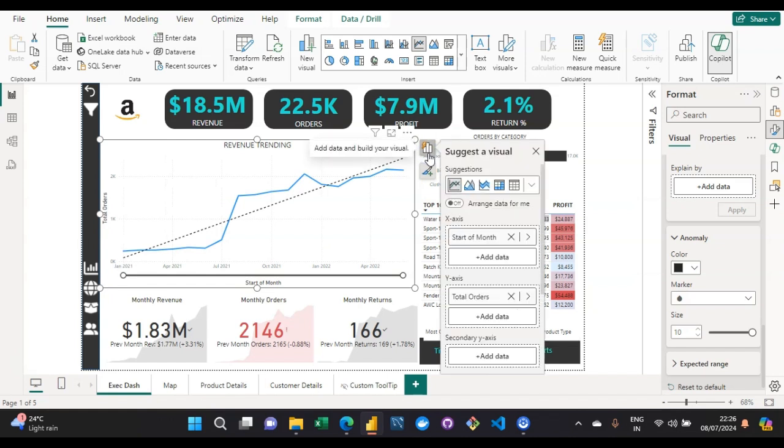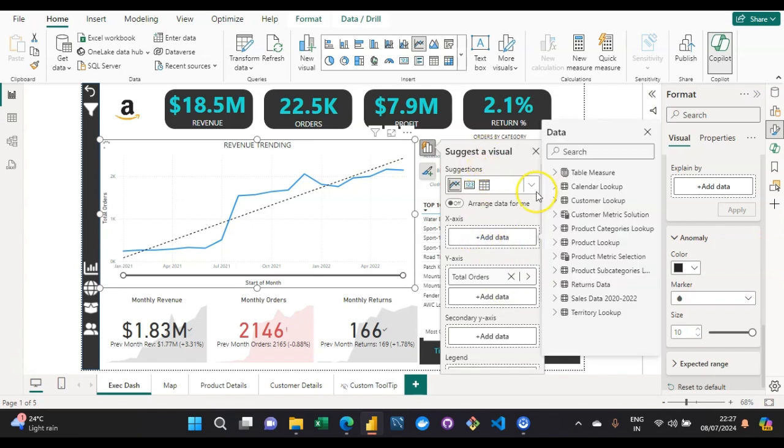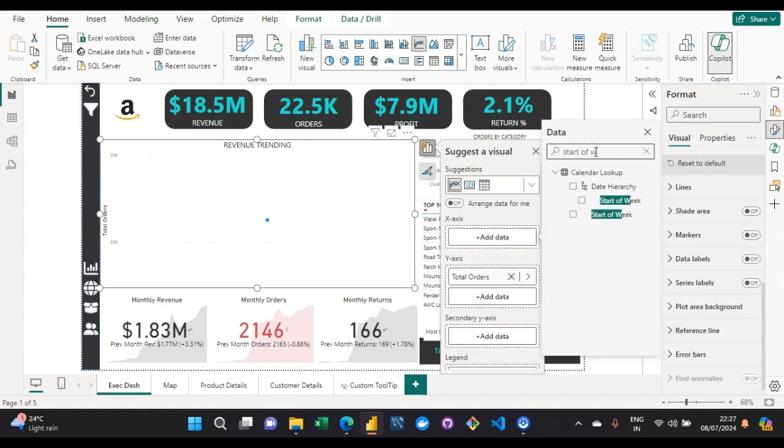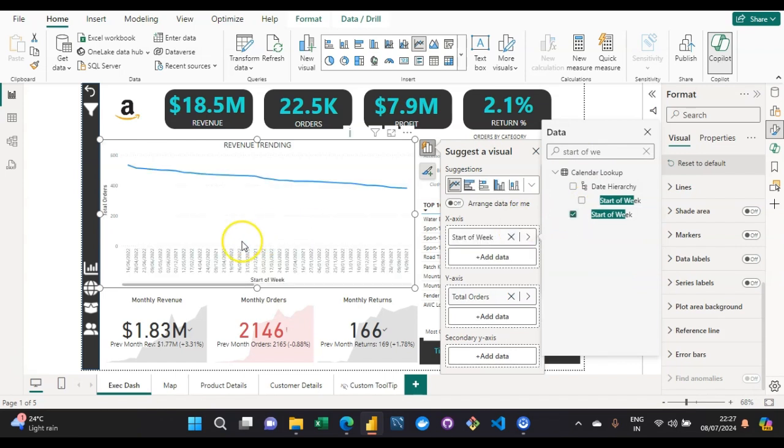So if you could actually find any anomaly in the data set, you can simply click upon that marker, and then over here itself, you will get to see a kind of AI generated text, right? That generated text will be giving you the complete insight into why we are coming across that specific anomaly, right? Let us get into start of week as well, to see if we can come across any anomaly with respect to start of week.